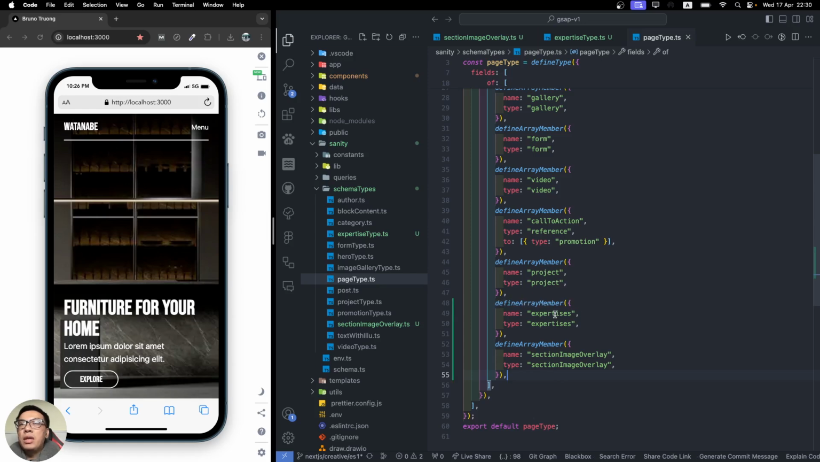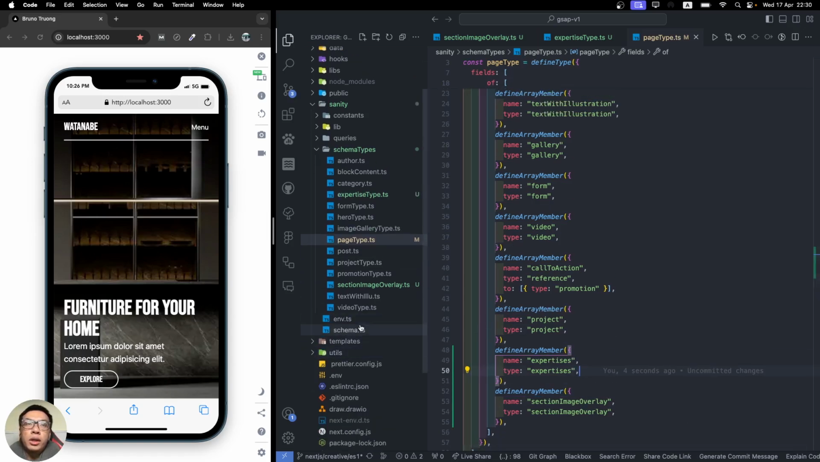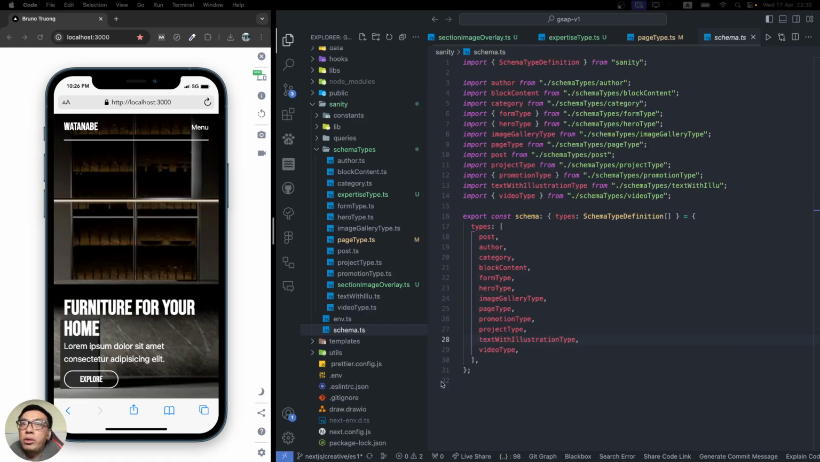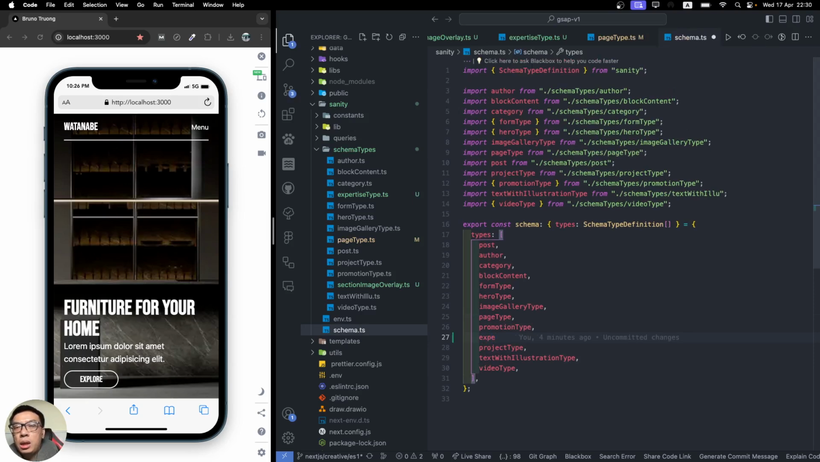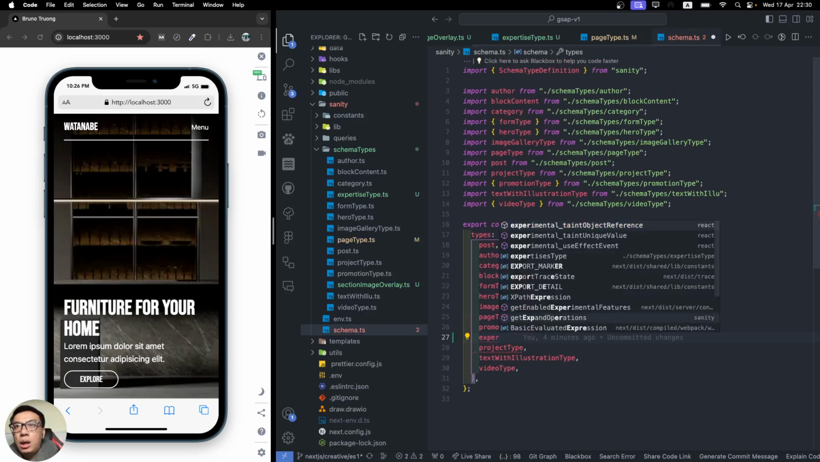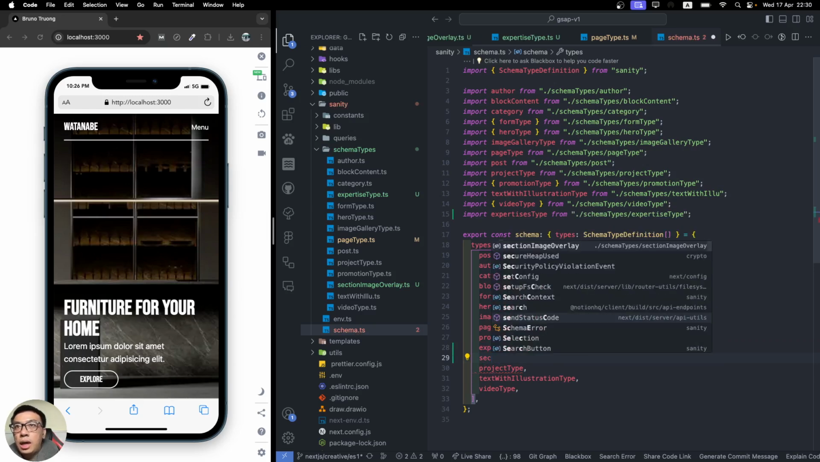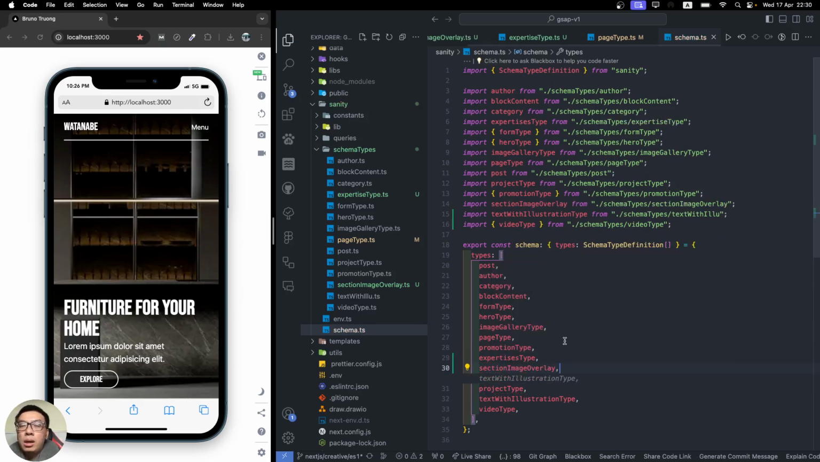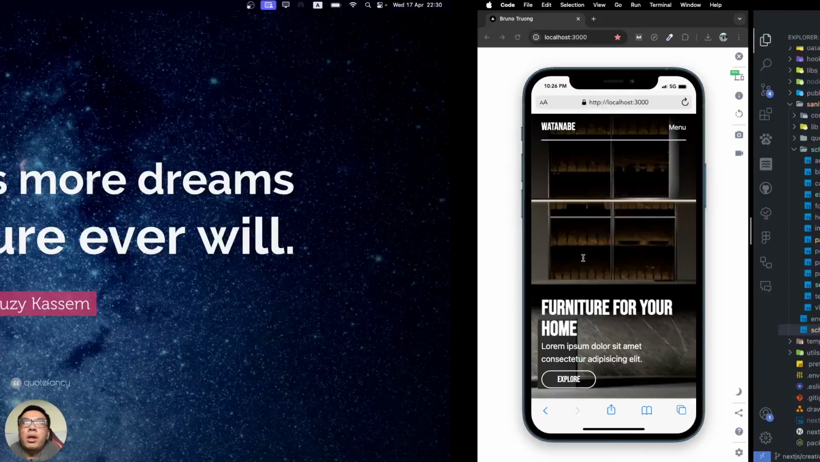So we have the expertise which is graded, and we have the sections image overlay also just graded. And then we go into the schema and we register them. In here we have expertise type, and we have section type overlay, right? Okay, cool. So this is the setting up for the